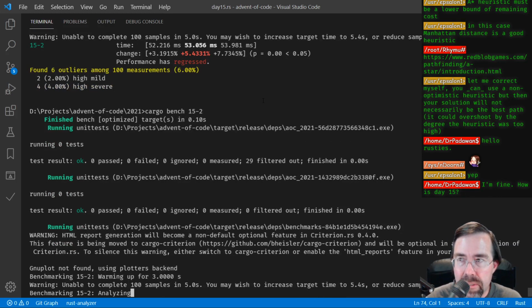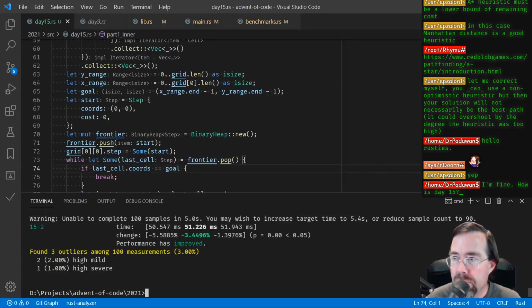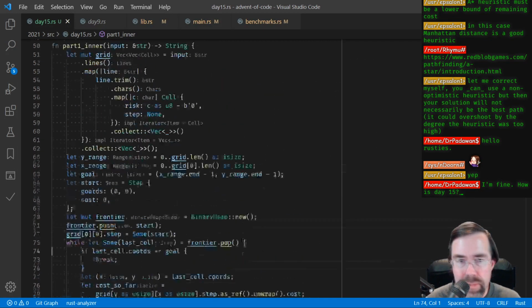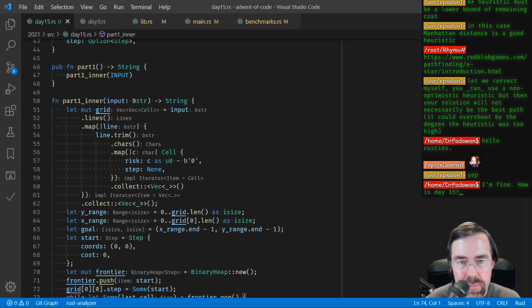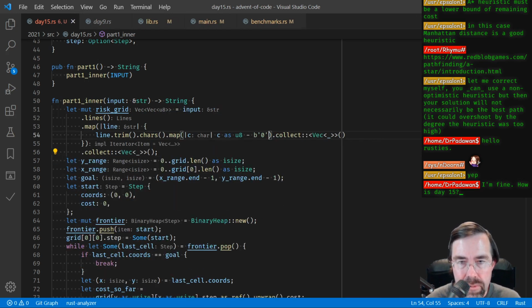So let me clean up the code and use a hash map for the memory. So we'll call this one risk grid. And really all we're capturing is the risk. So that means I don't want the cell, I just want this number. All right? So vectors of U8s. And then